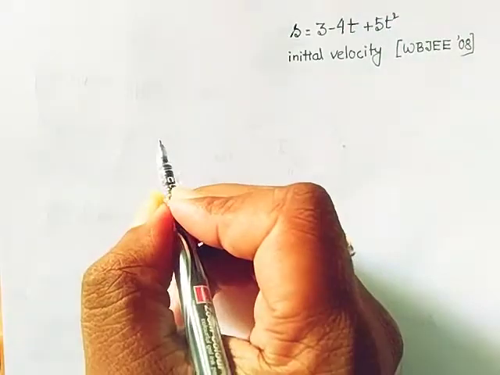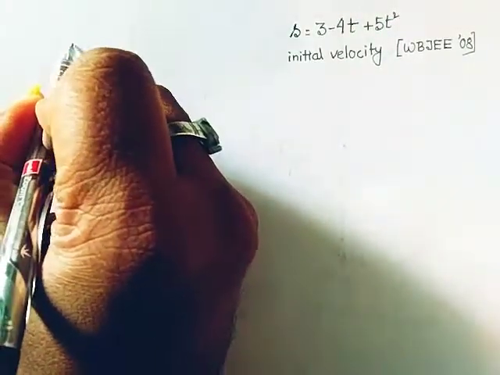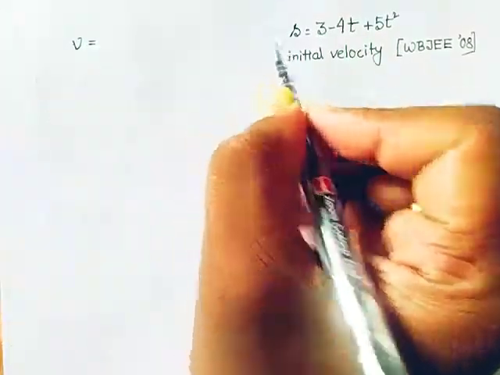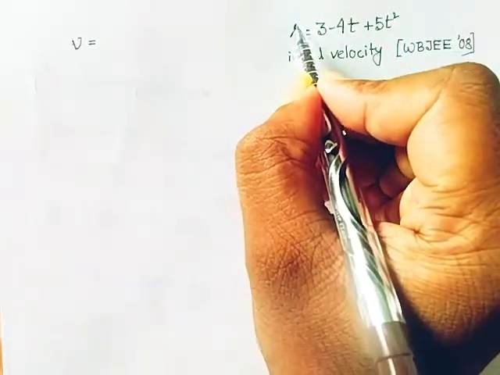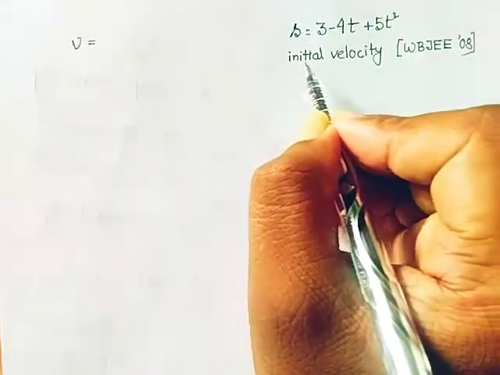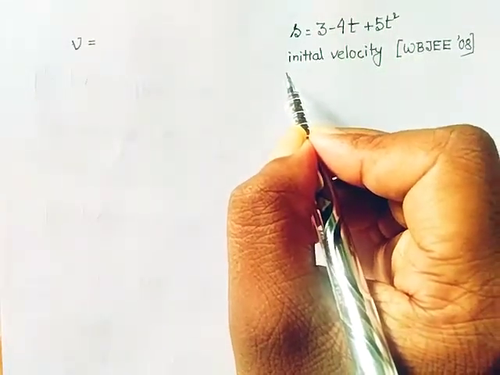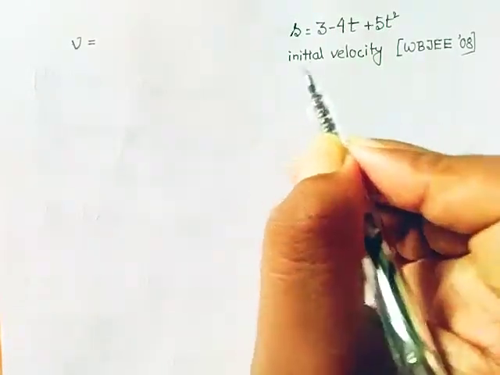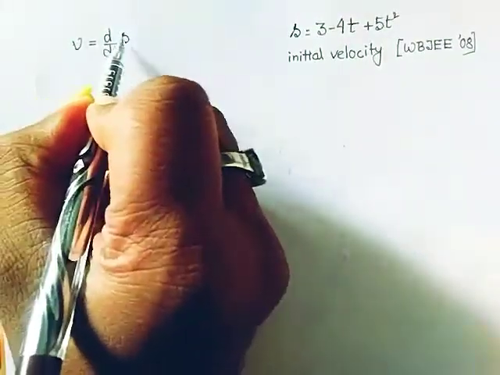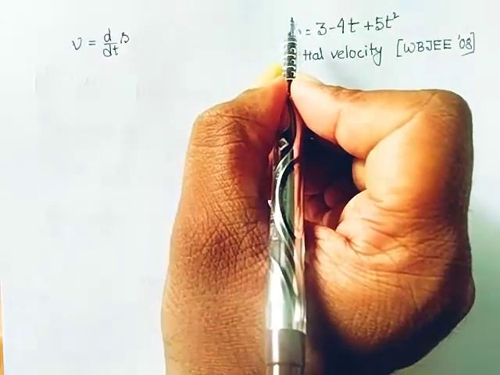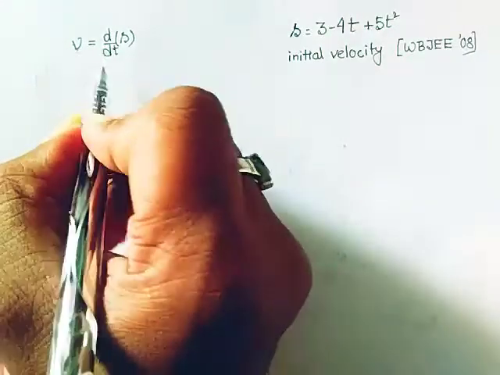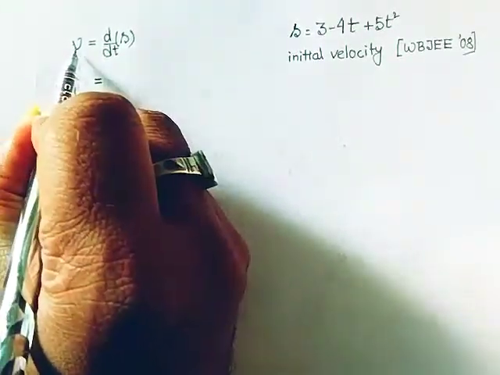So if I want to find the initial velocity, then we have to use the technique of differentiation, because we know that the velocity here, obviously you can say that s is not a vector, no i cap, j cap, k cap, nothing is there, but in the question it is written that the particle is moving along a straight line, so its direction is not changed. So we can simply use the equation. Here s is a vector obviously, but we have not put the vector sign because it is moving along a straight line, just to simplify the mathematical calculations and notations, but it is also the velocity in the same sense.